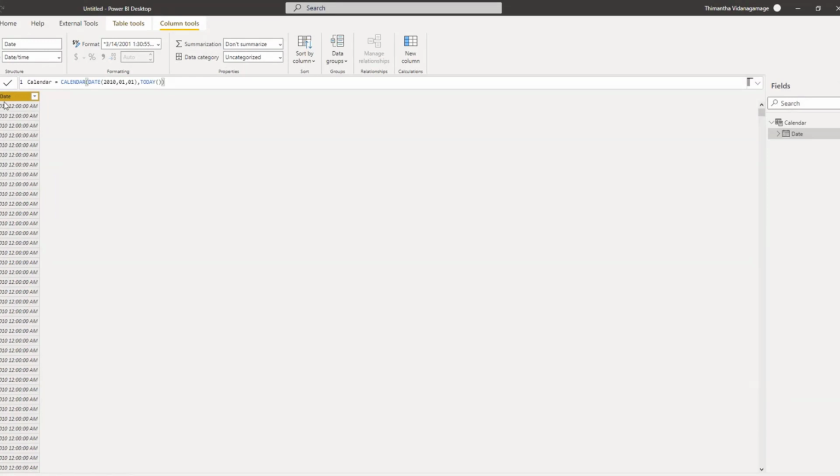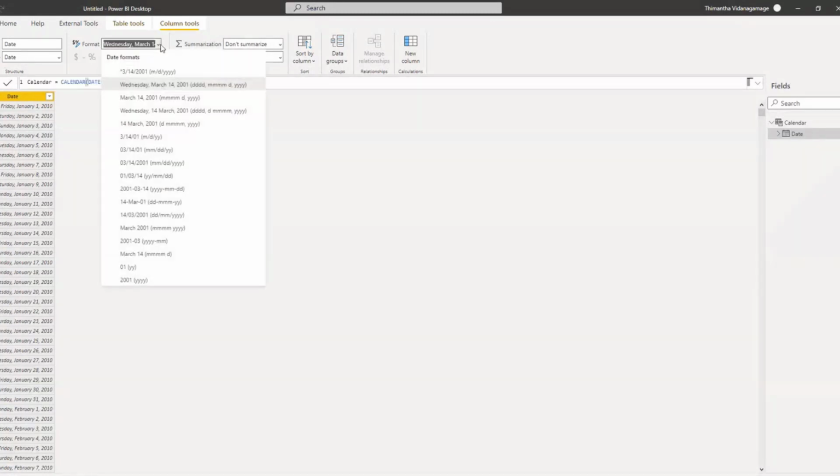So what we'll be doing is clicking on the column that we created in the table we created. When you click on it, an option will appear saying column tools, and inside column tools you can see an option called data type here. In data type, it says date time. Don't leave it as date time. Just use the drop down and select date. It will be showing a textual format, but to convert it into a numeric format, you can always use the date format option right on top.